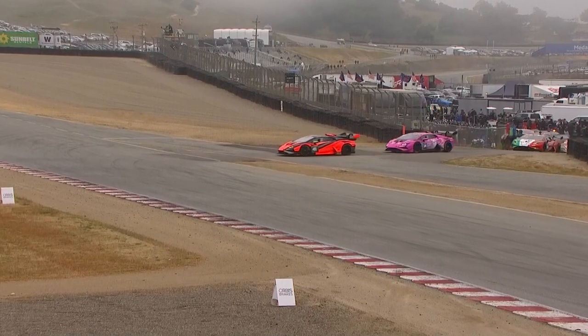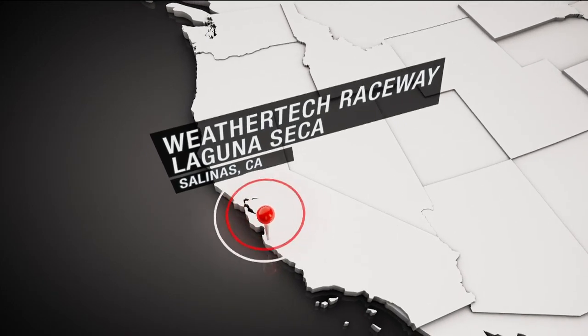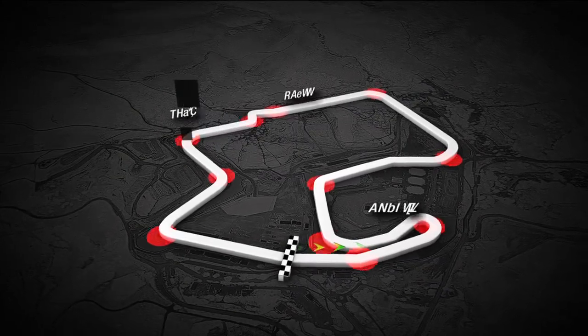So welcome to WeatherTech Raceway Laguna Seca. This is round 2 of the 2023 Lamborghini Super Trofeo North America. We're at WeatherTech Raceway Laguna Seca, on the West Coast, a classic racetrack,